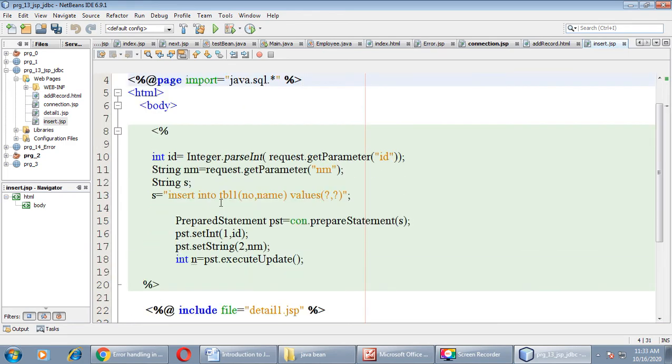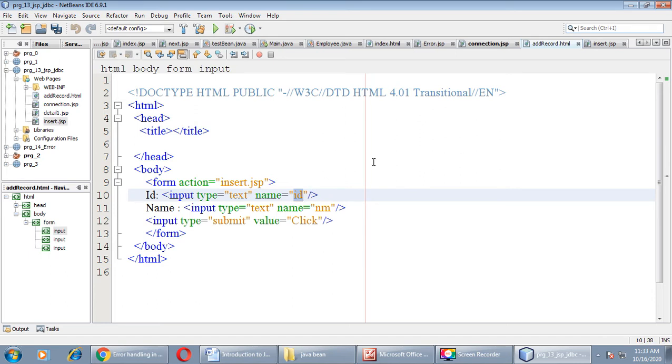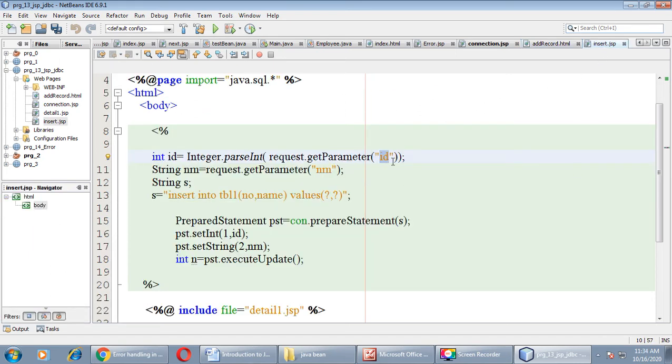Now the body tag begins. Here Integer.parseInt(request.getParameter("id")). Id is a field or text box defined in our HTML page. Whatever value entered by the user in this text box will be available over here, and that will be converted into its equal numeric value with the help of the Integer.parseInt method. That value will be assigned to the variable id.